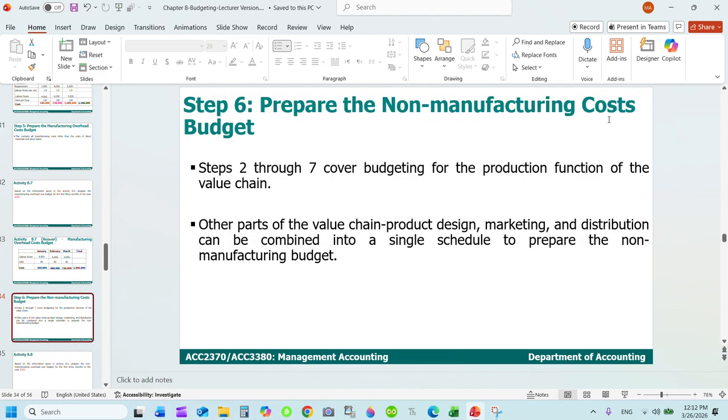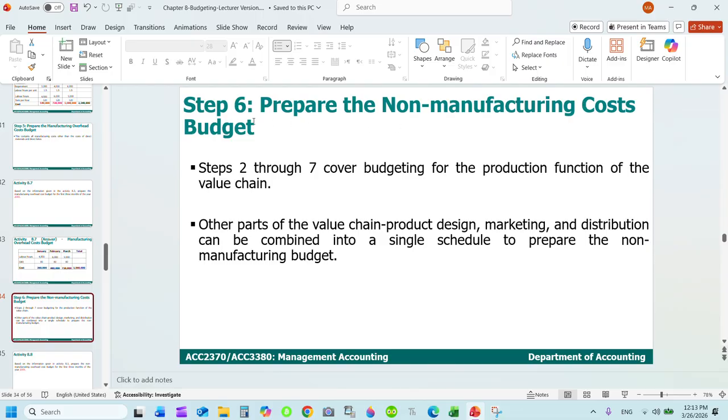Prepare the non-manufacturing cost budget. Non-manufacturing cost budget means, as you all know, non-manufacturing costs are the costs that are charged to the P&L. Generally we charge them to P&L. So what are the non-manufacturing overhead costs we usually find? We find them in the P&L, usually coming under different headings such as selling expenses, distribution costs, administrative expenses, and other